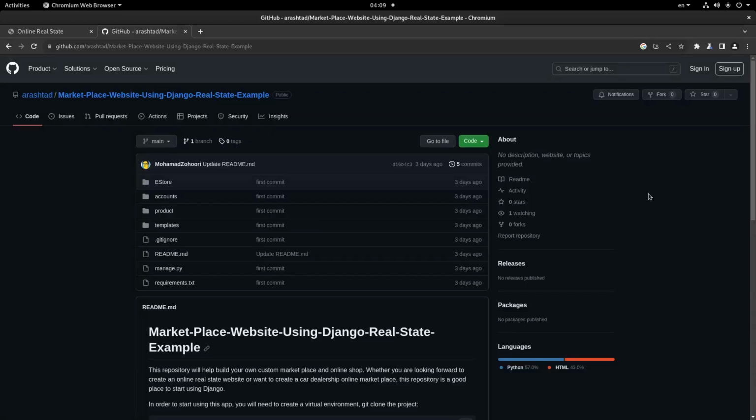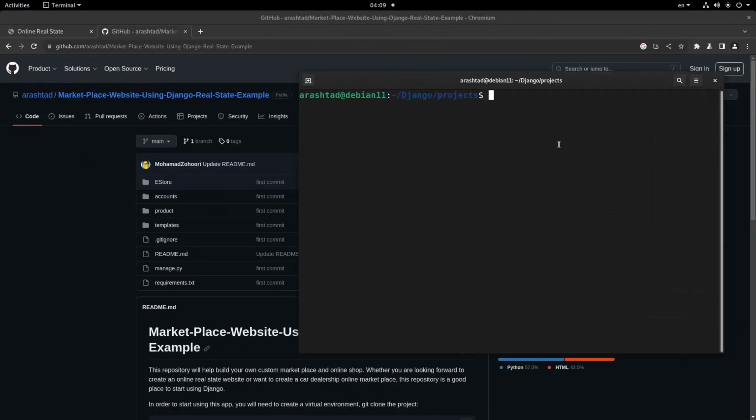So now let's start by git cloning the project and make the website up and running so quickly. Right now, what we're going to do is to open the terminal, and you should head over to the place that you want to create your project folder. Then you can run mkdir to create the directory, and then you can, for example, write marketplace